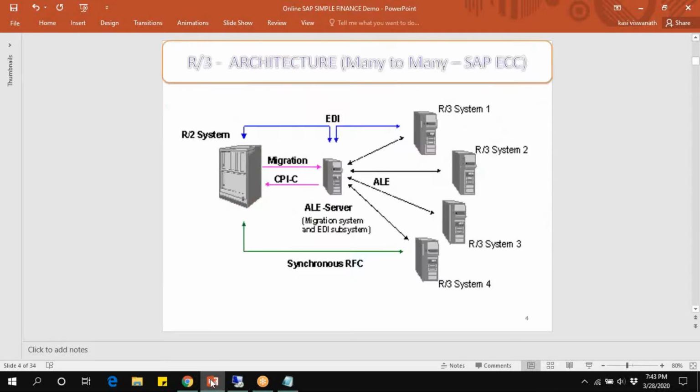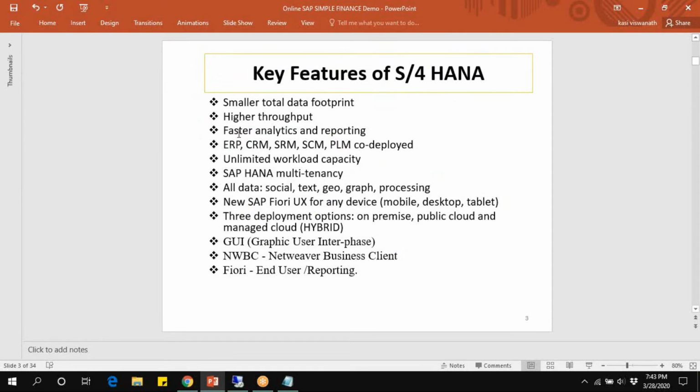Like here, before, the version was nothing but ECC under ERP. If a client requires CRM, SRM, SCM, PLM, or other deployments, based on client requirement only, we need to add these components. But in HANA version, especially cloud edition, itself it's a pre-application package. Altogether, HANA Finance.